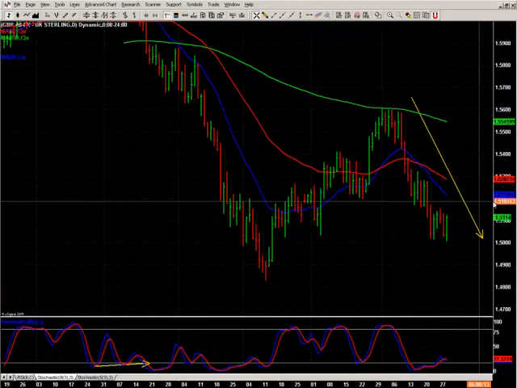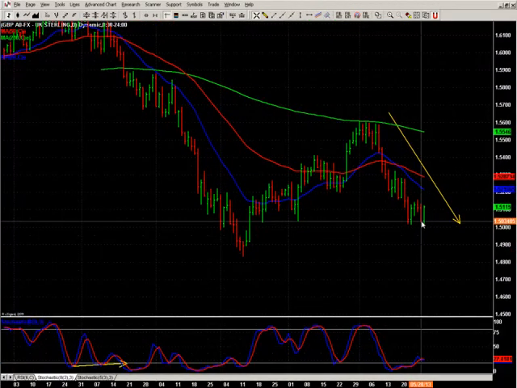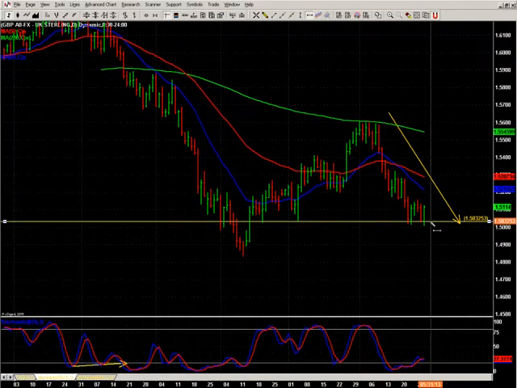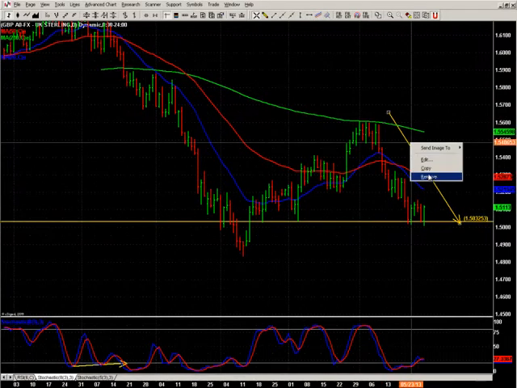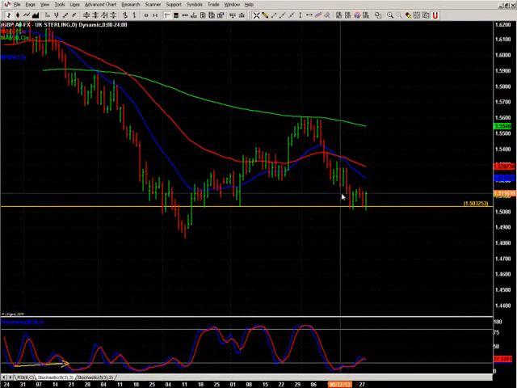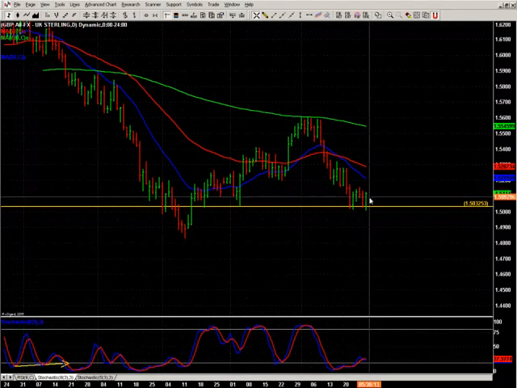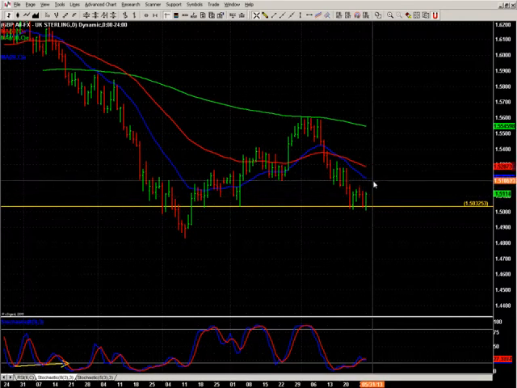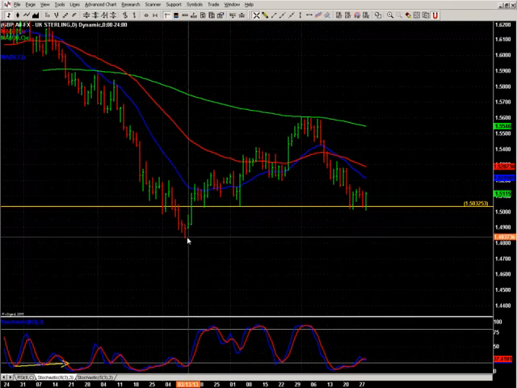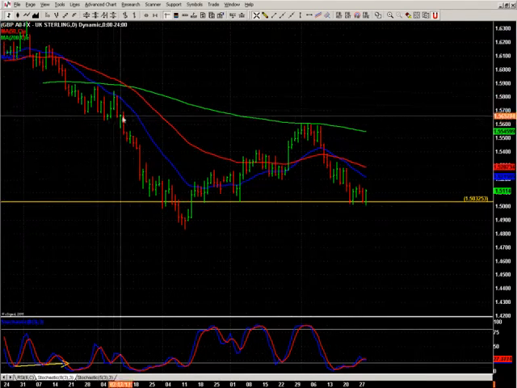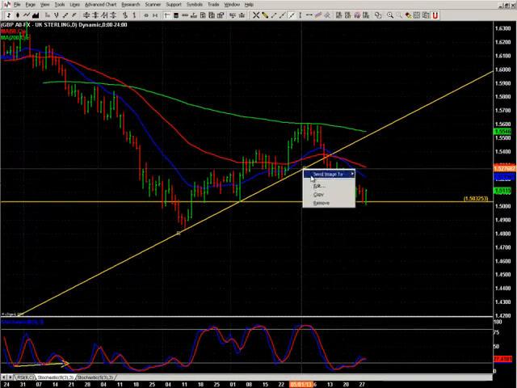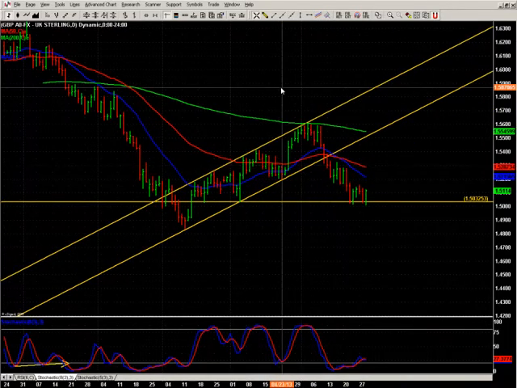Right. What's happening here is that it's sitting on this level down at the bottom. It's not very clear what's happening at the moment. It could potentially pull back up to the 20 or the 50, and if it breaks through, it's going to go down to this level down here. Okay, there is no clear trend or pattern. There was a beautiful pattern here, but it was broken quite a while ago.